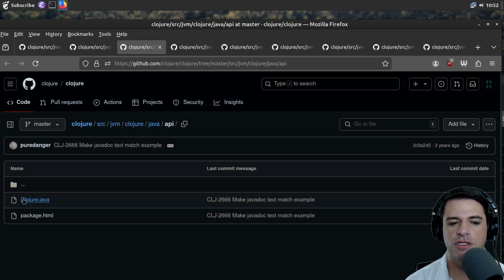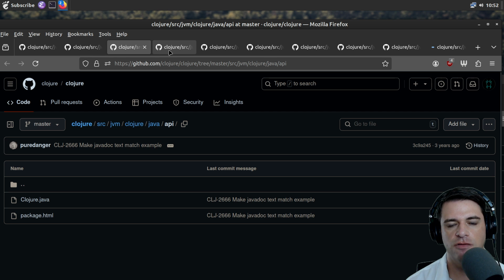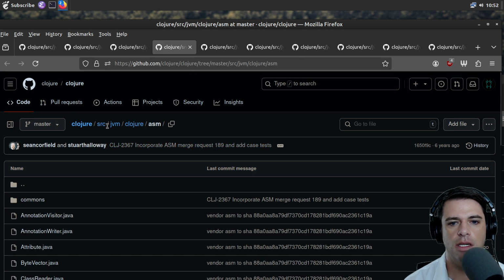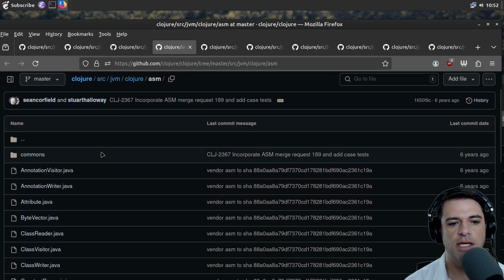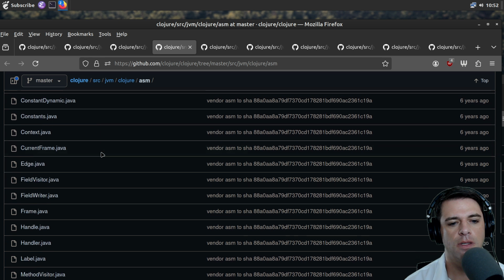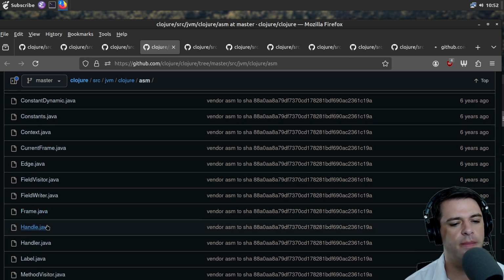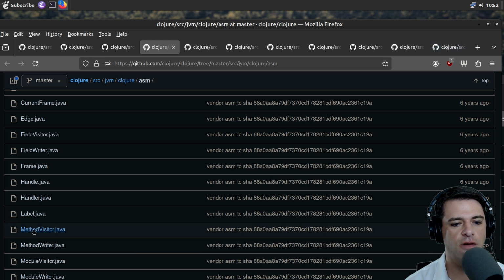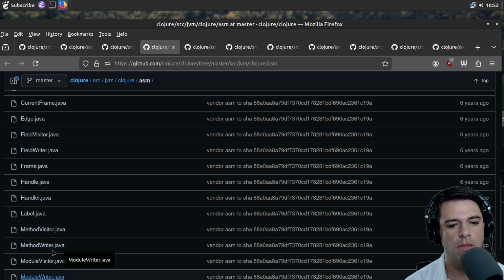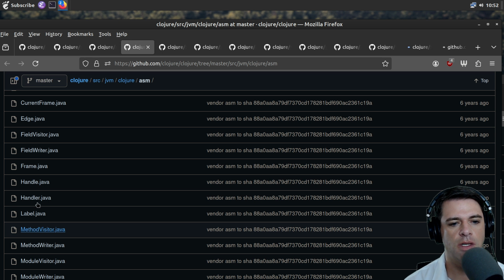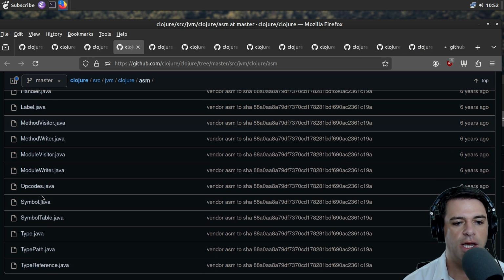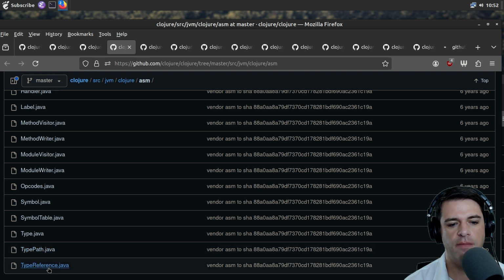In the API, we have just Clojure.java. That might be an interesting entry point. And here's clojure/asm. This looks like frame. I'm going to guess this may be a stack frame, a method writer, a method visitor. I guess we'll look at method writer, method visitor. Well, I guess we'll look at handler, a type path, and a type reference and a type.